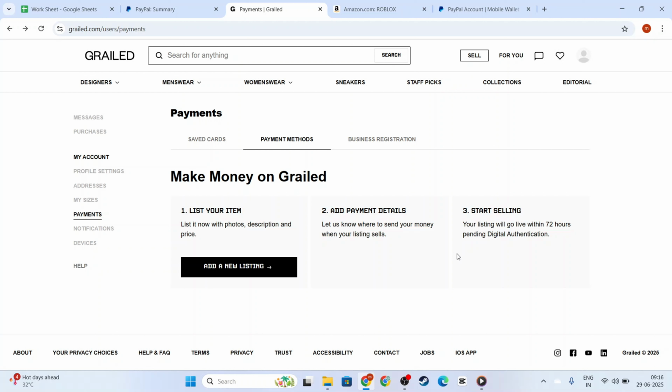By taking these steps, you've not only streamlined your buying and selling process on Grailed but also added a layer of security with PayPal. Enjoy exploring the diverse world of fashion at your fingertips, knowing your transactions are set up